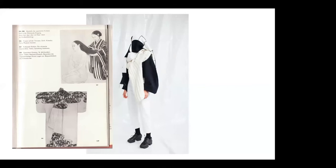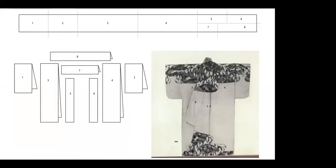So the topic of the pullover comes from the kimono, which I dealt with in an earlier project. What I'm still interested in is how the value of the fabric is maintained until the finished product. I think it's a great topic in terms of sustainability, because this is an extremely appreciation of the textile. To make sure that everybody knows the kimono, here you can see how a kimono is